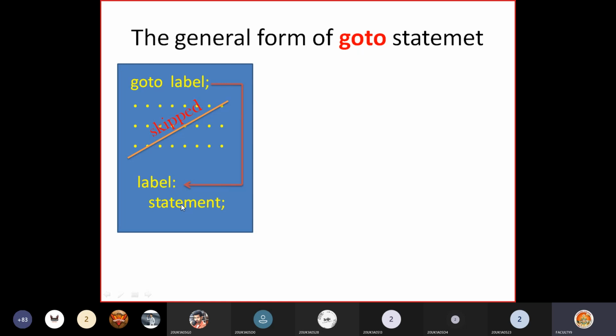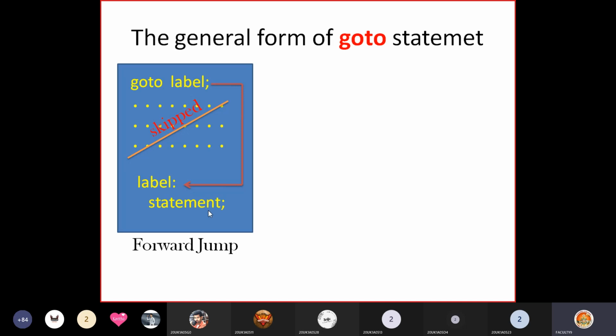Then after that there is a statement, and it executes this statement. Like this it goes on executing statements until it reaches the end of the program. And please remember, the label is not an executable statement. It is only a variable name to identify the place where the jump has to be made, where the control has to be transferred. And see here, this is called a forward jump.